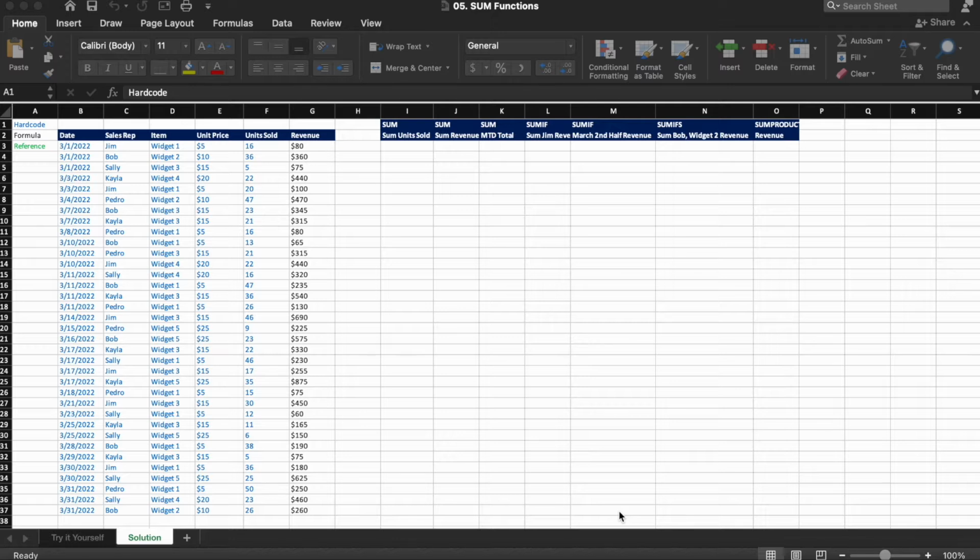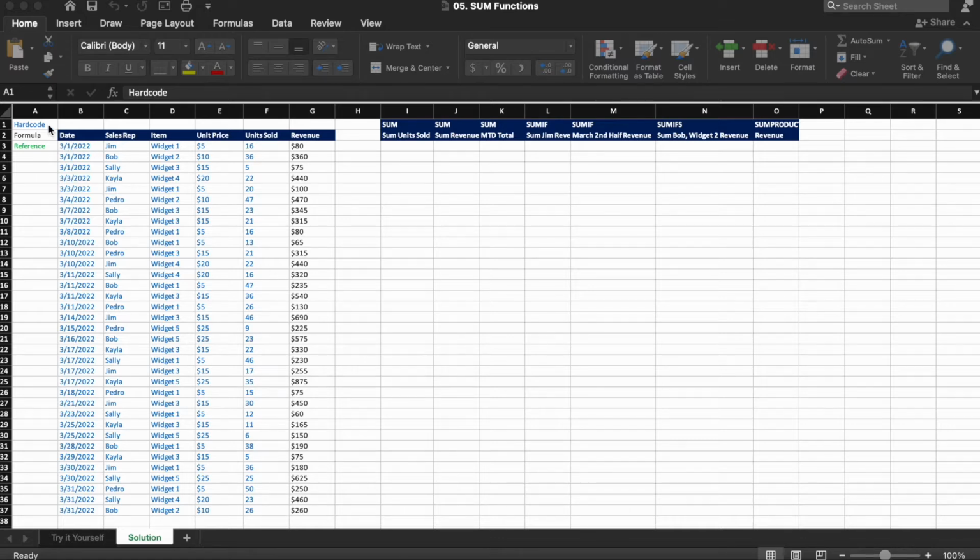We are going to cover 4 different sum functions today. Sum, SUMIF, SUMIFS, and SUMPRODUCT. At the most basic level, the sum functions, as the name suggests, allow you to add cells or ranges quickly and easily. Before getting into the sum functions, let's take a look together at the layout of our sheet.